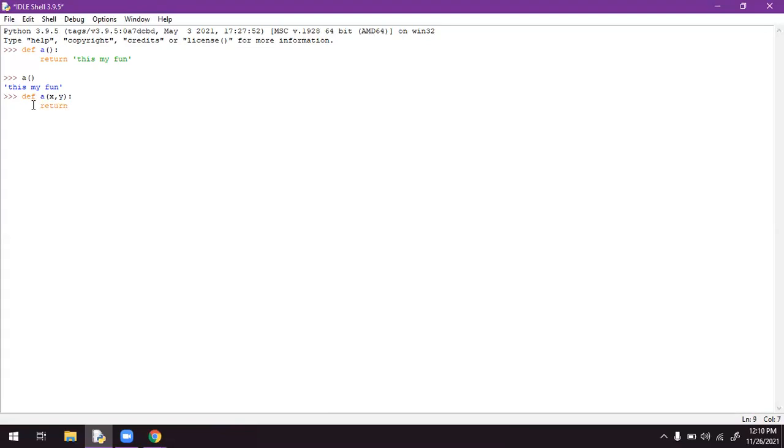When we call this function a, it must return x plus y. Why? Because we are giving two inputs to the function a, so the x and y variables must be added.